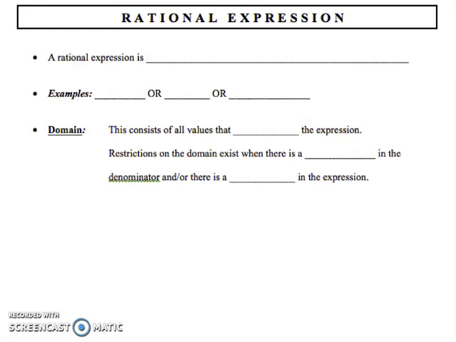This is Pre-Calculus Section 1.4 Notes, Day 1. Today we are going to be reviewing rational expressions. A rational expression is a fractional expression